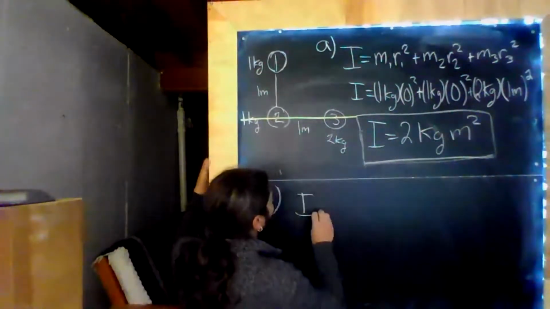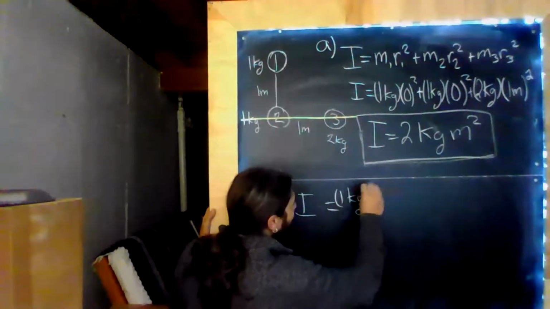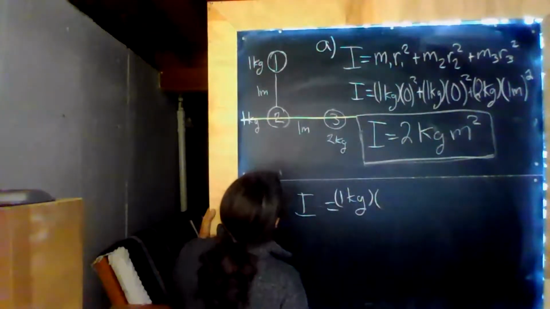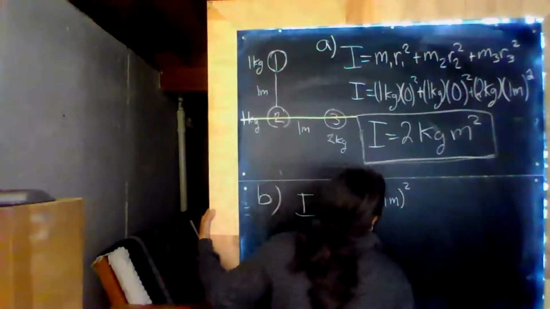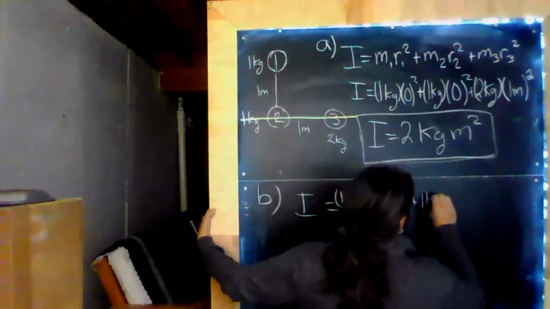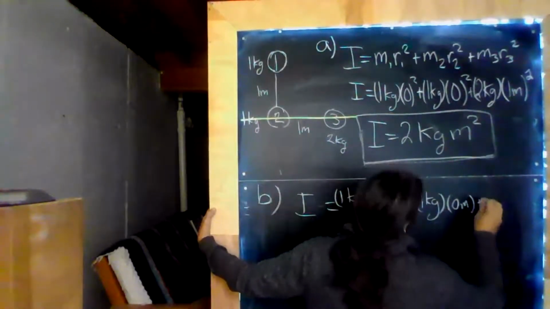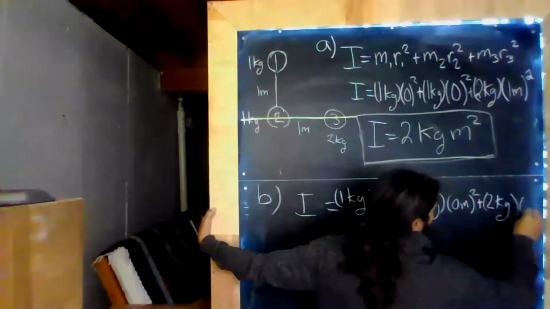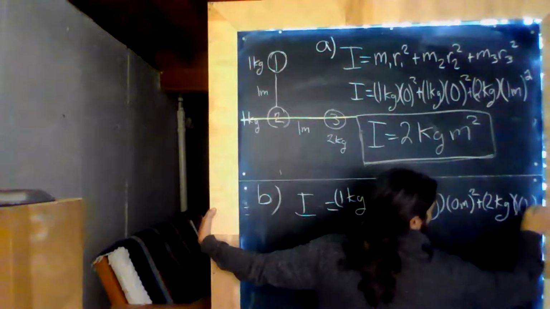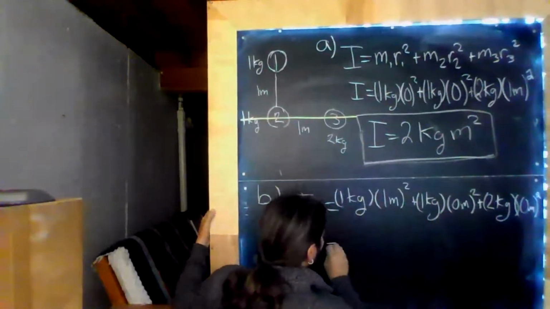So now I equals M1, still 1 kilogram, but how far is it from the rotational axis? 1 meter. Plus 1 kilogram times 0 meters plus 2 kilograms times 0 meters squared. Well, what do we get here? 1